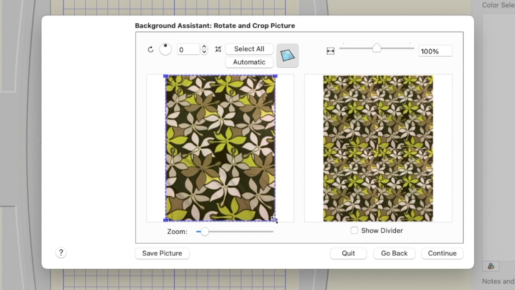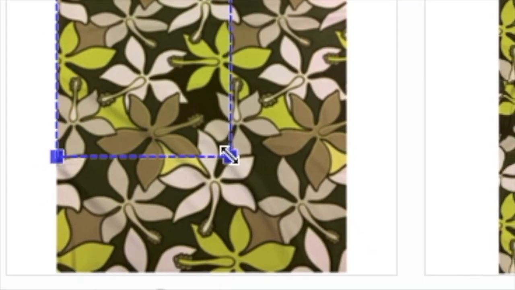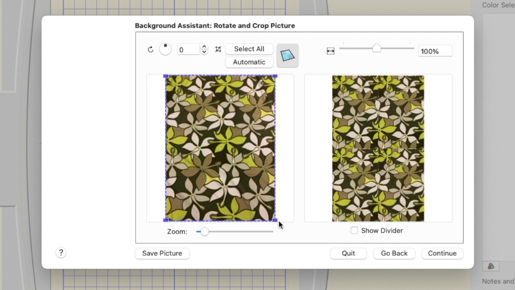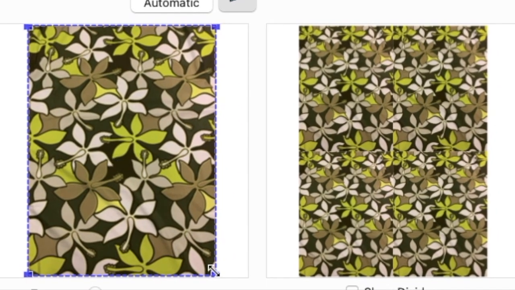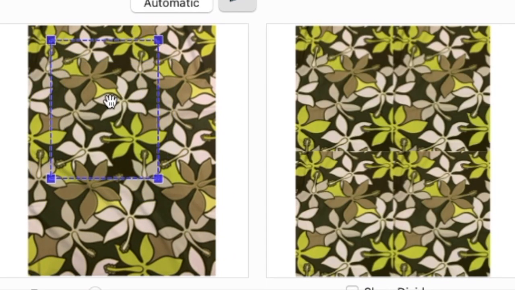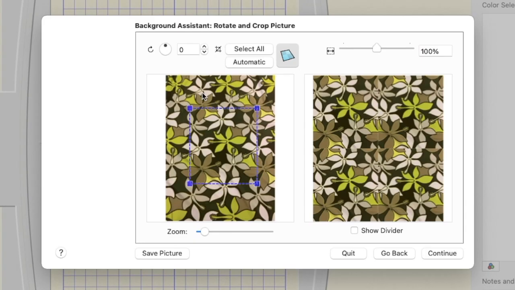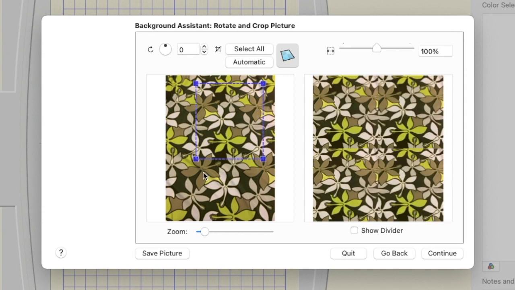To adjust the crop area, position the mouse over the crop boundary until a double-headed arrow appears, then drag to move the boundary line. To move the crop area, position the mouse inside the crop boundary until a hand pointer appears, then drag to move the whole rectangle. To redraw the crop area, drag outside the crop boundary to draw a new rectangle, which can then be adjusted